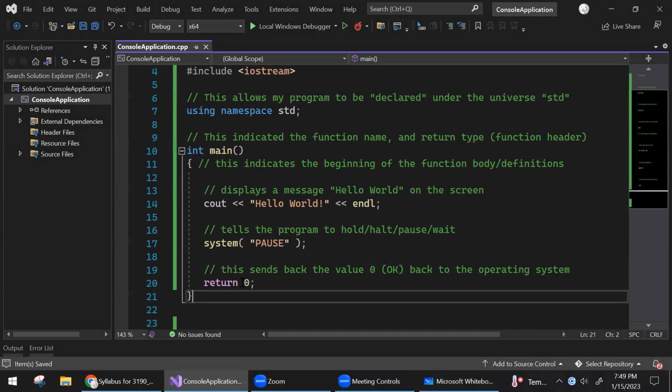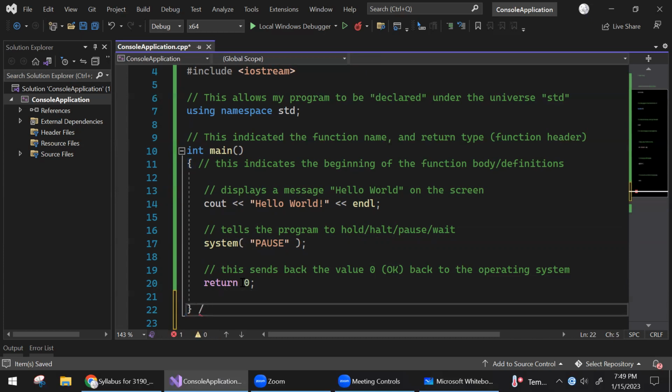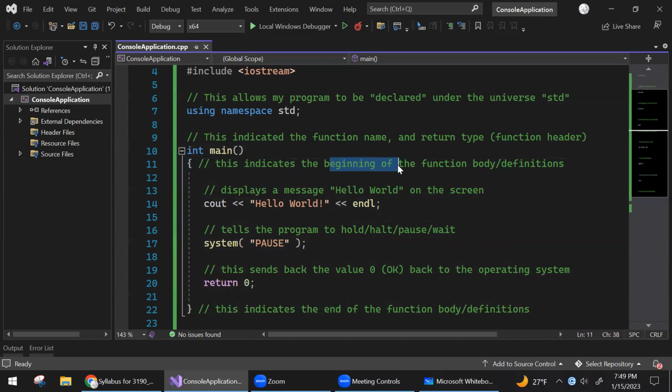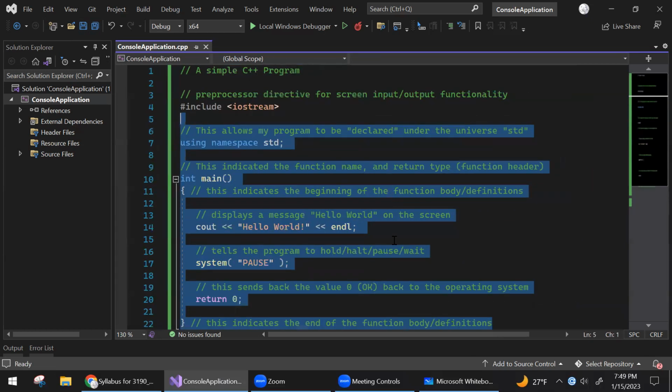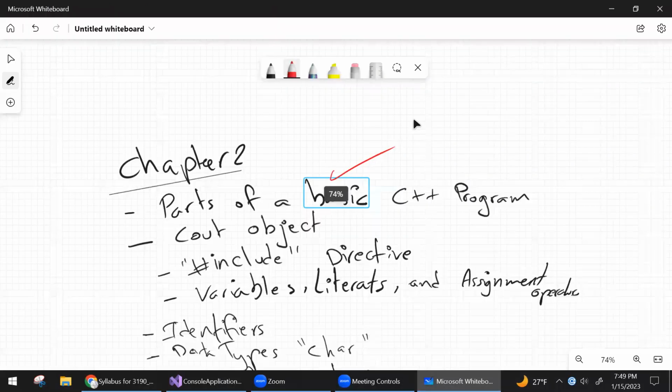Finally, you have this line on 21, which indicates, just like above, the end of the function body or definition. So the opening brace indicates the beginning and the closing brace indicates the end. So from going over this basic C++ program, we learned so far some special characters. The special characters are